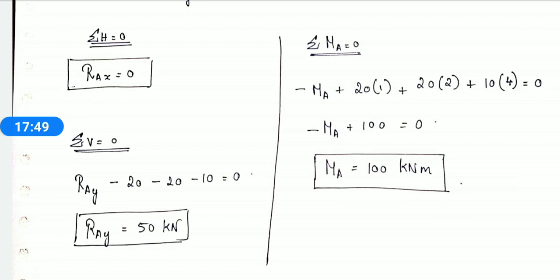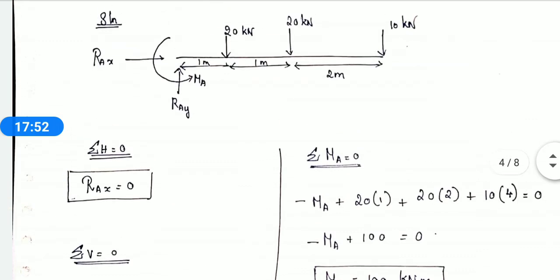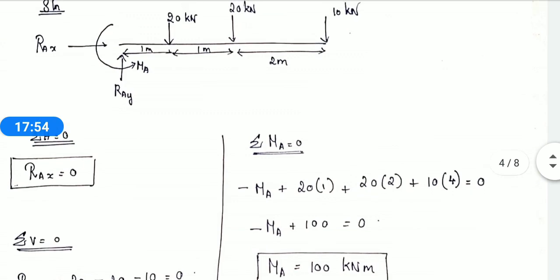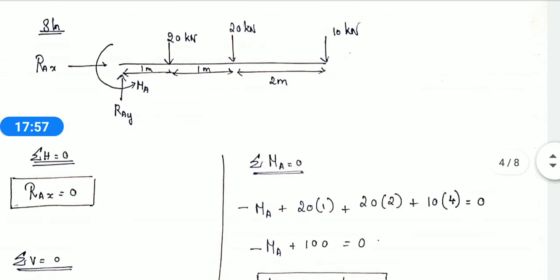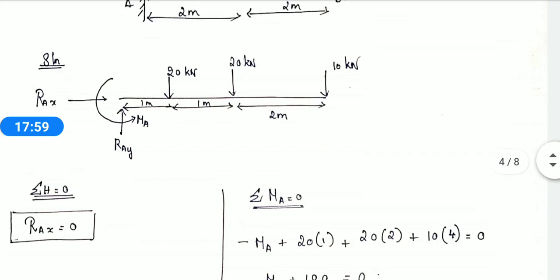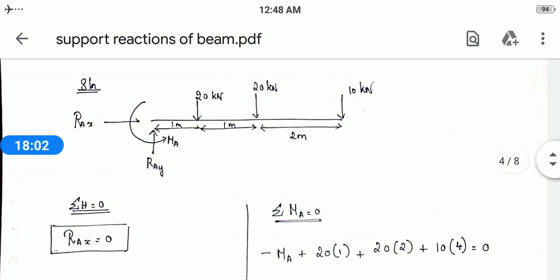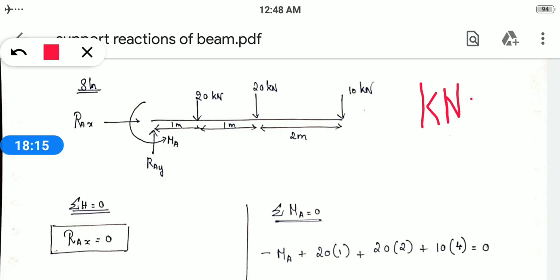What is the other reaction? Your moment. That is also an unknown factor. You have to calculate your moment now, using the moment equation. See, whenever there is a moment in the question, you should not multiply with the distance. We already saw in the previous modules that whenever a moment is acting, the moment value is in kilonewton meter. It is already multiplied with the distance, so no need to multiply with the distance again. We just have to see whether it is in a positive direction or a negative direction.